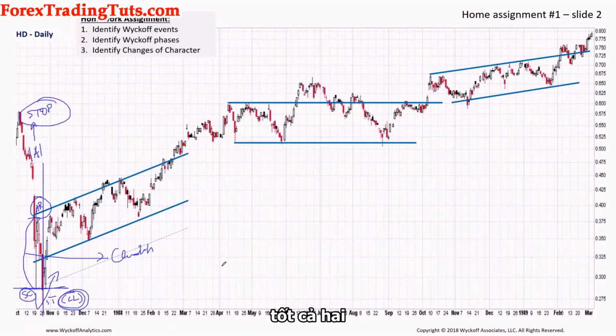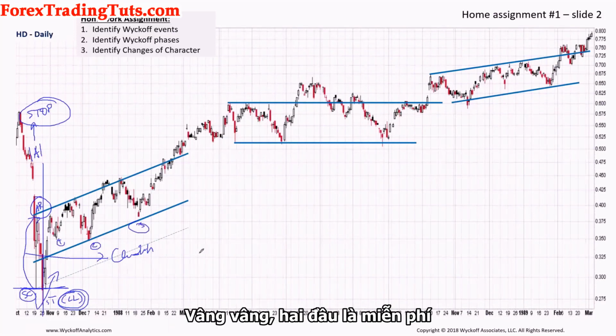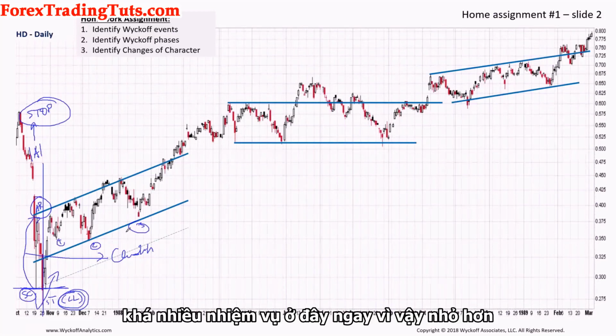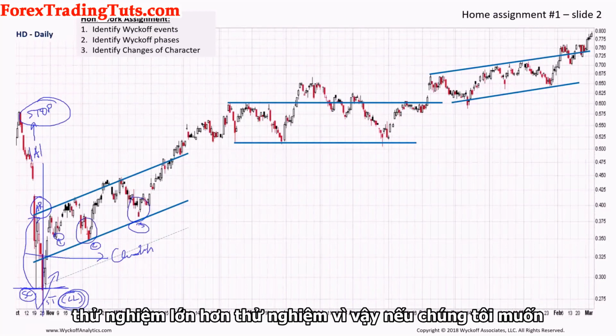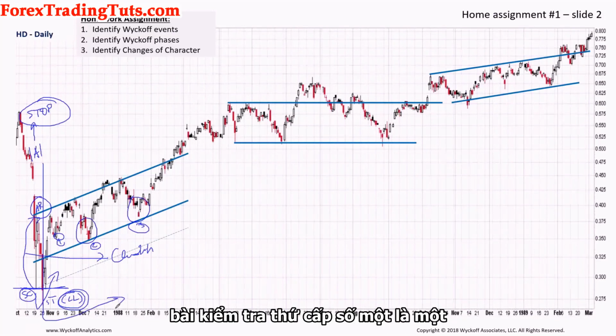Well, the two wicks which are at the bottom of the range. Yeah, the 2 and the 3. Okay, so quite a few tests here, right? Smaller test, bigger test. If we were talking about the magnitude of tests, probably we would say secondary test number 1,